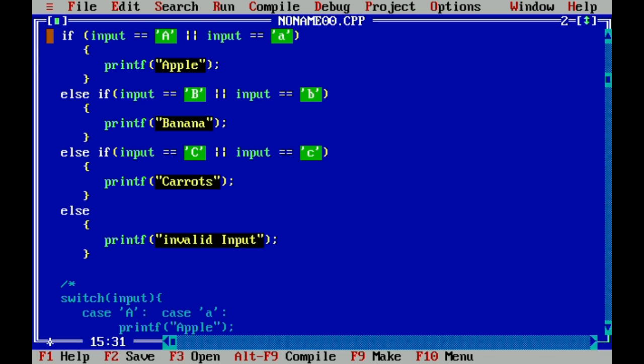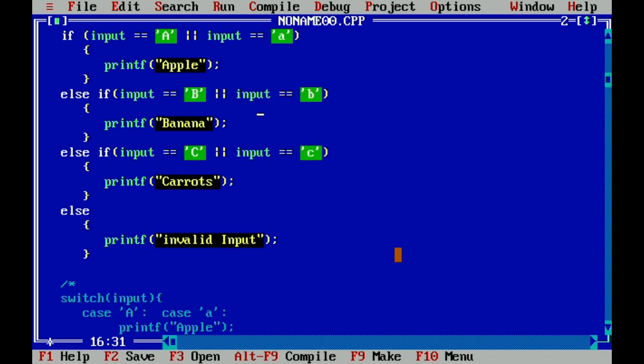Here in our if-else statement, we have used the condition comparing input to capital letter A or small letter A. Same as with B, using the else if. And for the C also, if the input is small letter C or capital letter C, display printf. And our default is actually invalid input.